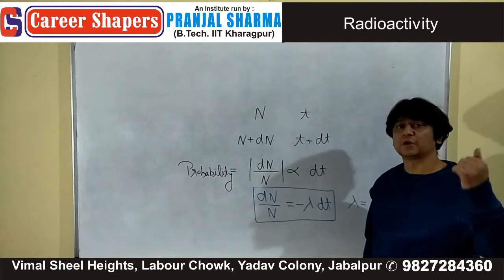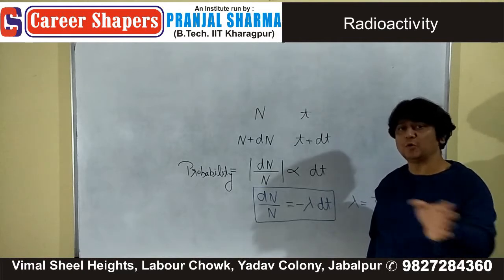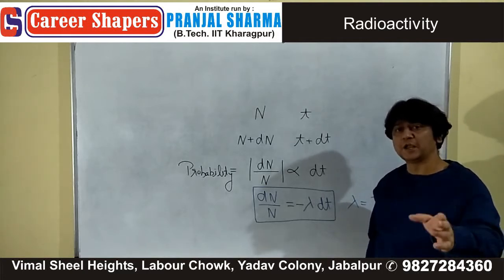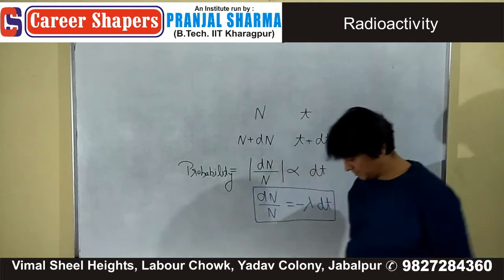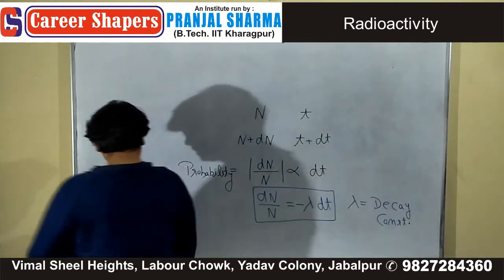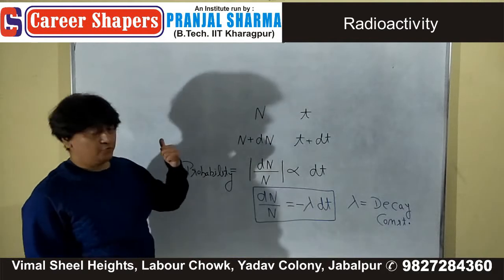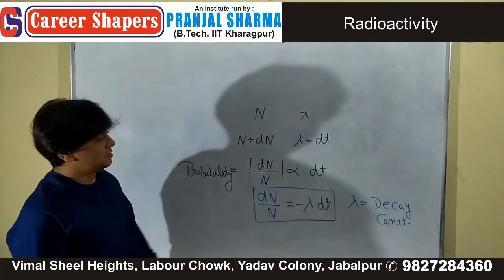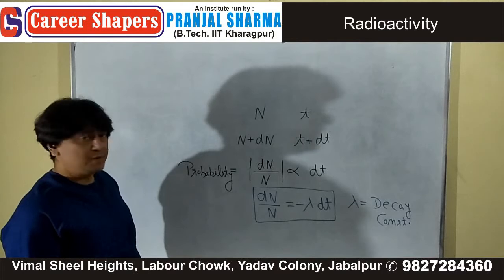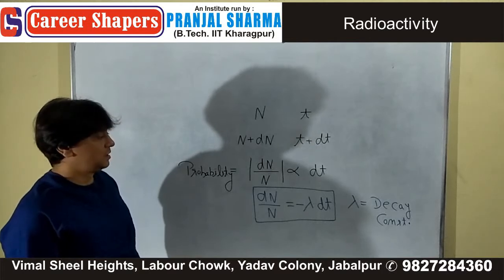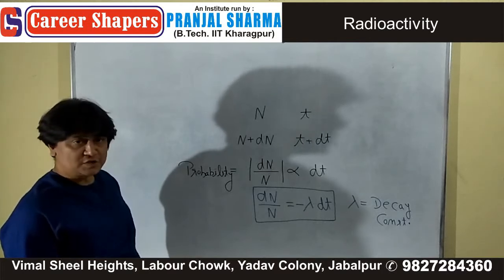For example, for uranium, lambda will be different. For plutonium, lambda will be different. But for a given nuclide, lambda remains constant